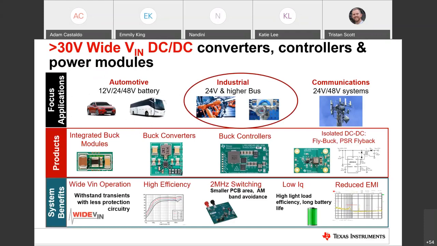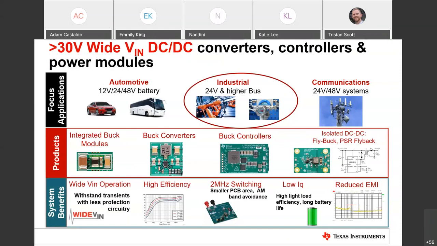So starting off, we at TI call our WideVN DC-DC buck switching regulator portfolio as anything greater than a 30-volt maximum input voltage. So that includes converters, controllers, and power modules.